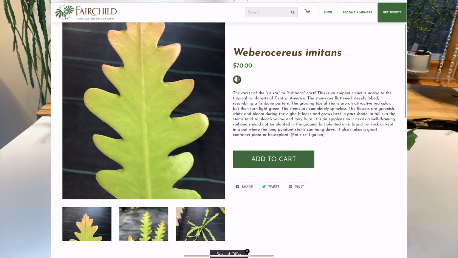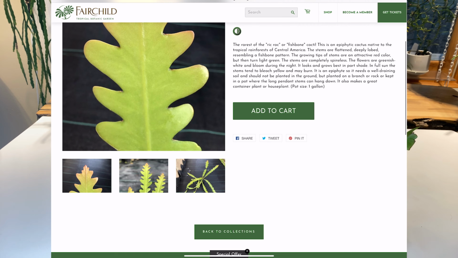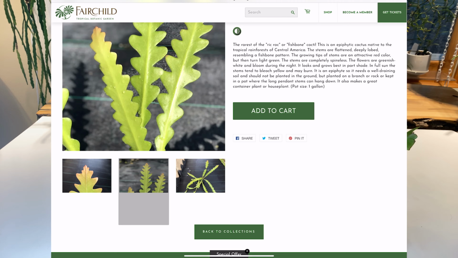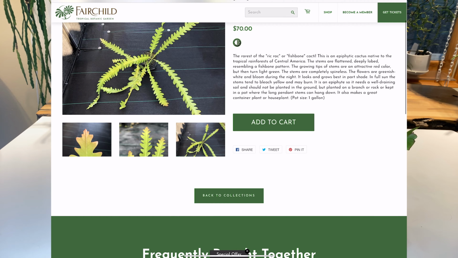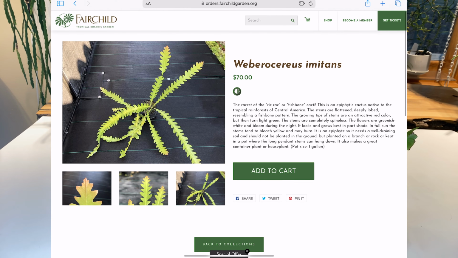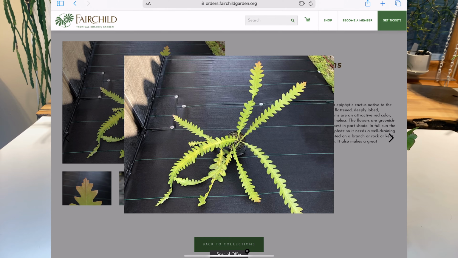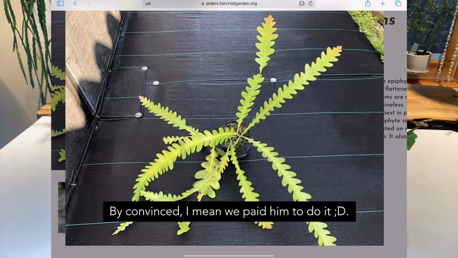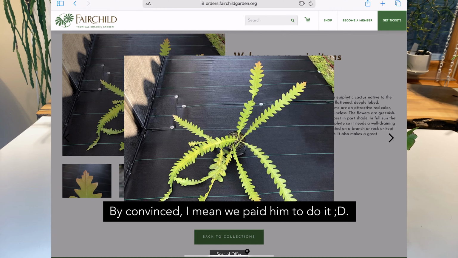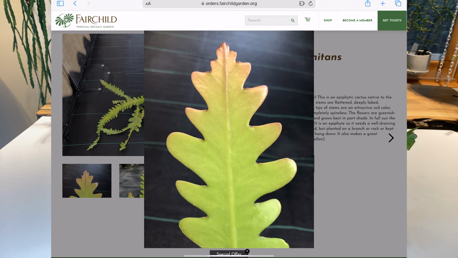This actually came from the Fairchild Tropical Botanical Gardens in Miami, Florida. And so what was interesting is that my friend had a friend that lived close to there. And so he convinced that friend to go to this botanical garden and pick up plants for us and then